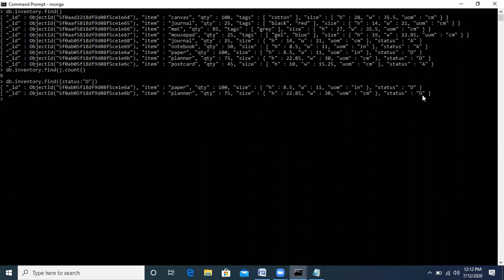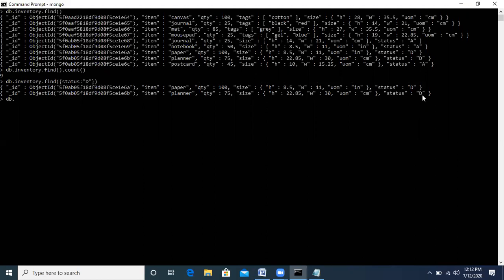Now suppose you want to filter the query with the help of certain other conditions. Now you want to use the in clause. We use the in clause in SQL statements also, and we can use the in clause over here also.